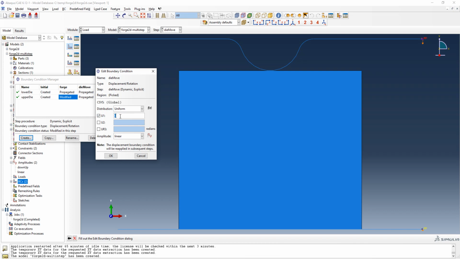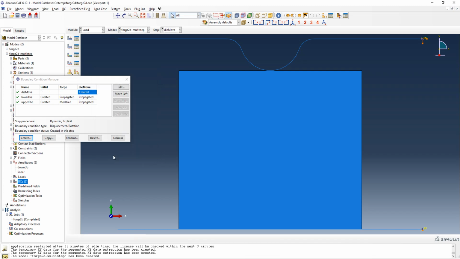Let's say we want to move in the positive x direction 10 millimeters. Okay, so only in this step